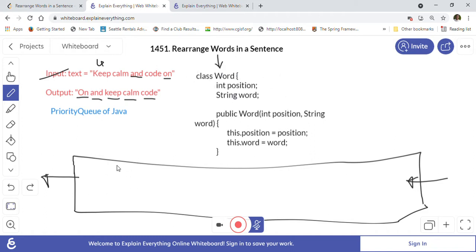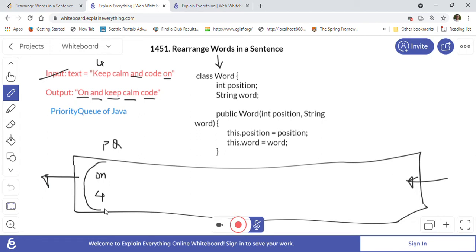So this is our priority queue, and let's just go word by word and see how the priority queue will look like, right? So for example, when we are reading the input text, let's say we are at the first word. When we put the words into the queue, it will be on, because it is based on length. So the word will be on. For example, on is the word, and its position is 0 1 2 3 4, 4 position, right? 4 is the position, and this is the word.